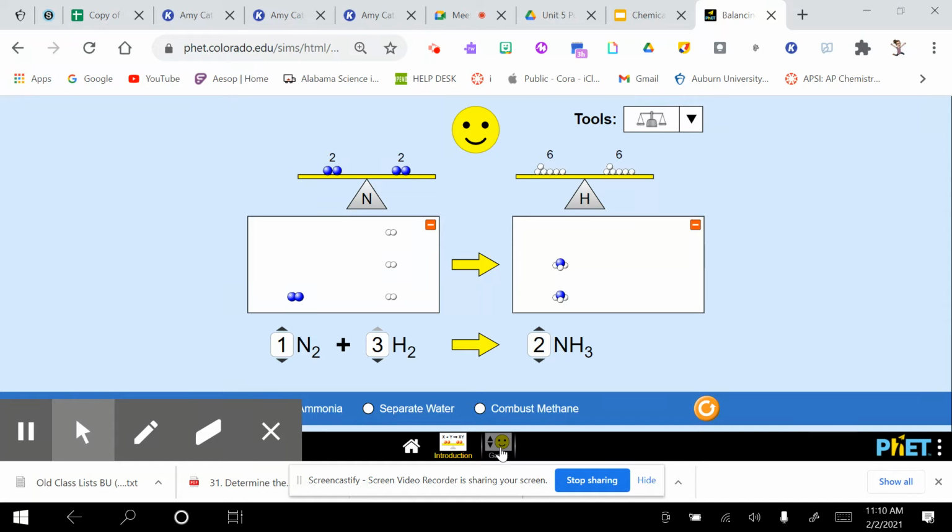Now that you know this is not a problem, we just need to work on the grams to mole stuff. You will have this unit